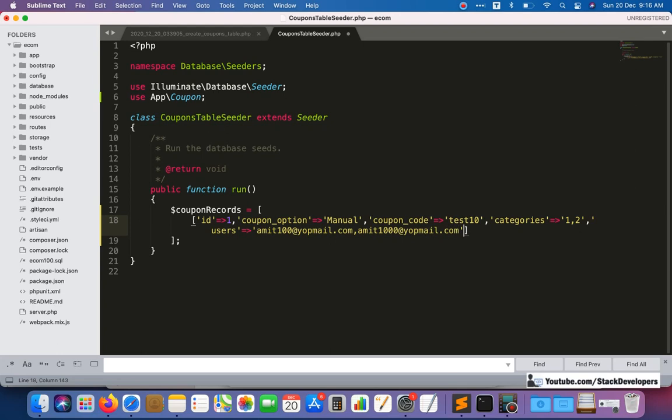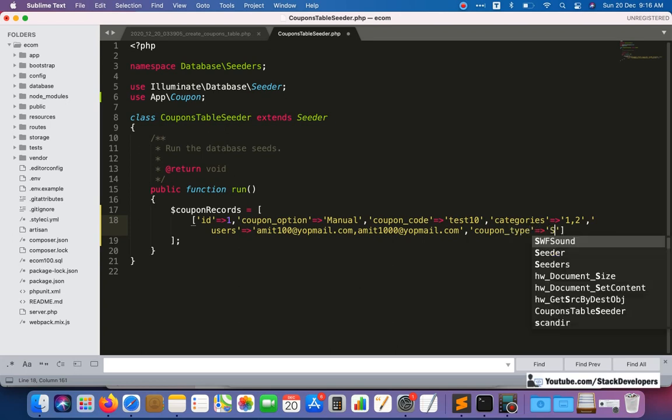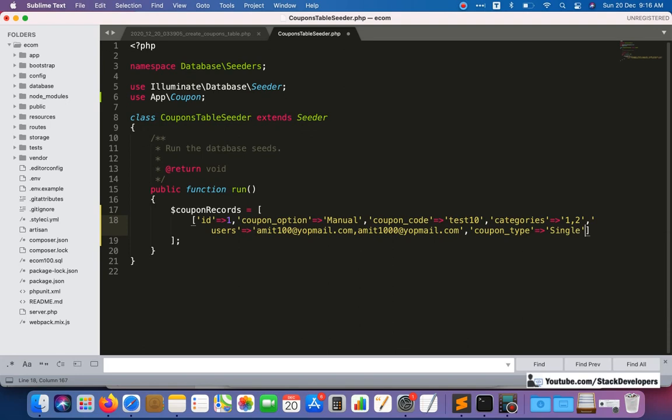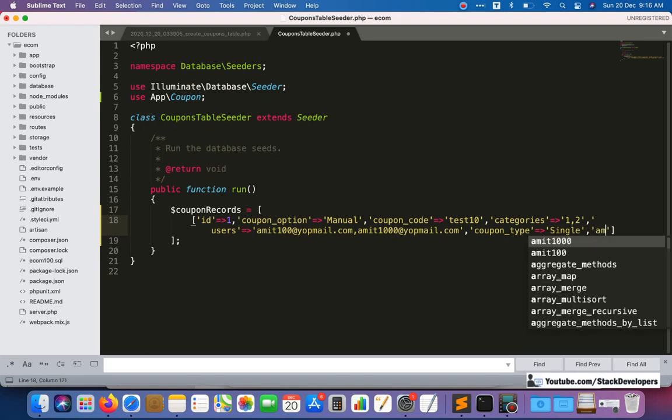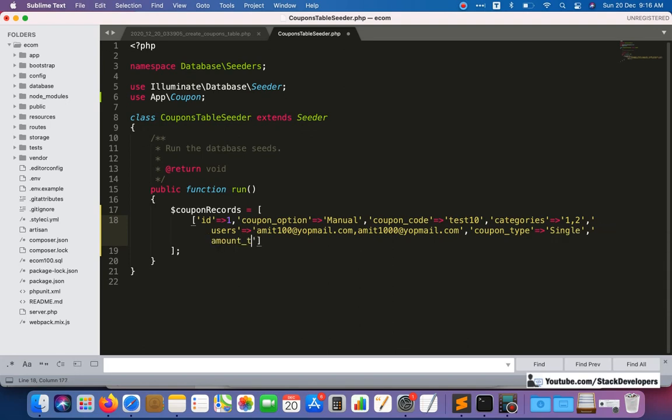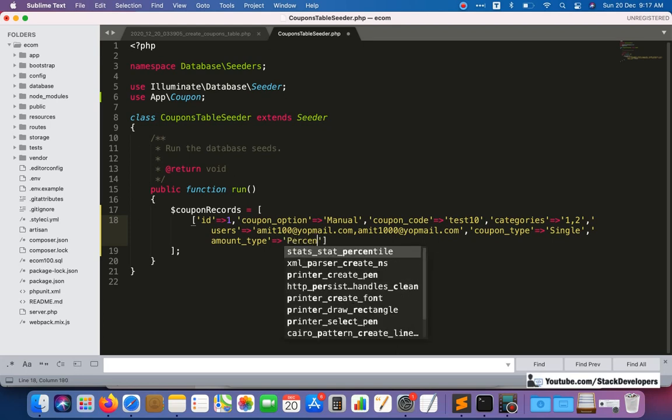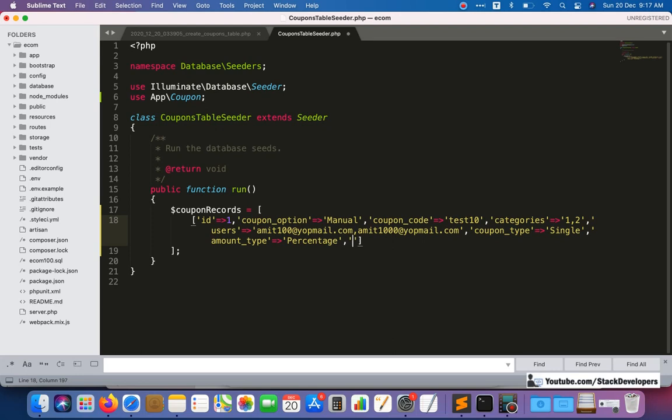Okay, like this. So after that we will add the coupon type here, single. I am going to add the coupon type for single time, so that's why I am going to add the single. And after that the amount type, we are going to add here like percentage, or it can be fixed, but we will add the percentage.